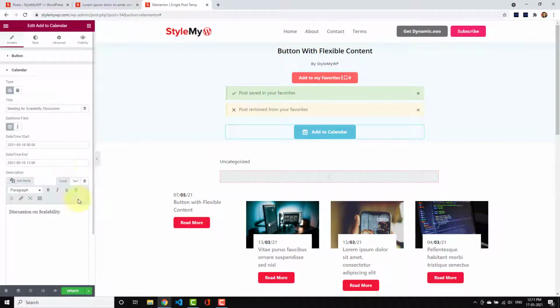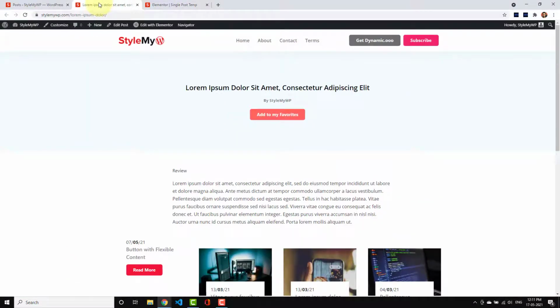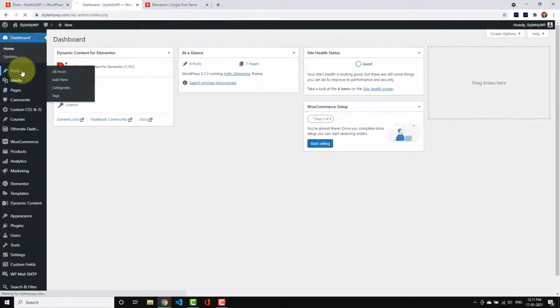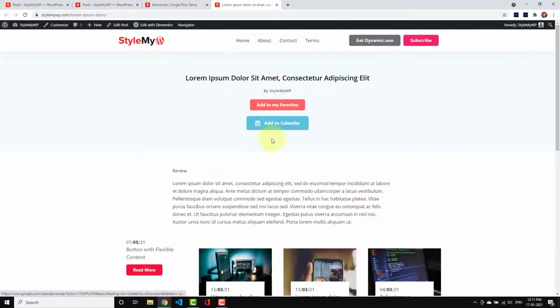So looks good. Let's save it and open this page. Let me open any post, and here is my post.